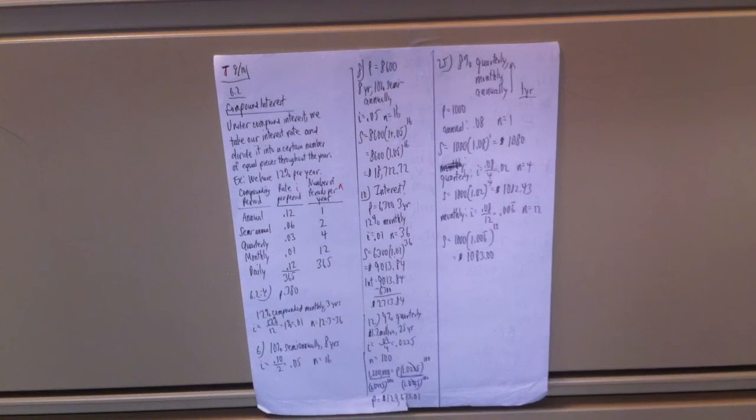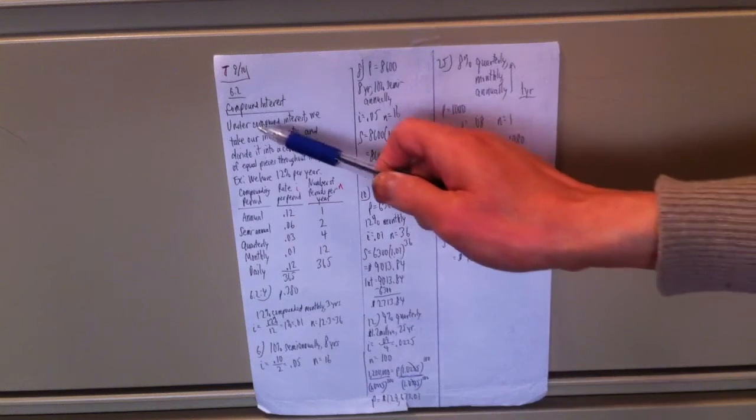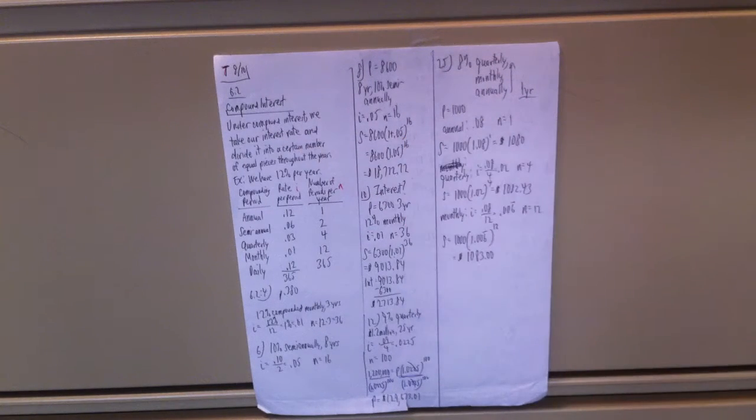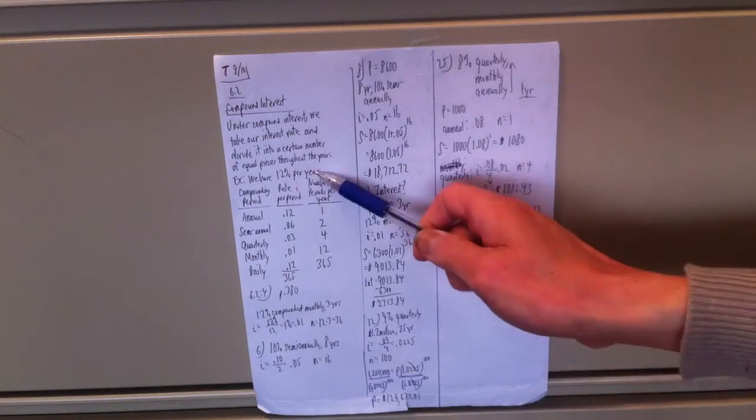These are notes from Melham's Math 75, section 6.2, compound interest. I should have already sent this to you. Under compound interest, we take our interest rate and divide it into a certain number of equal pieces throughout the